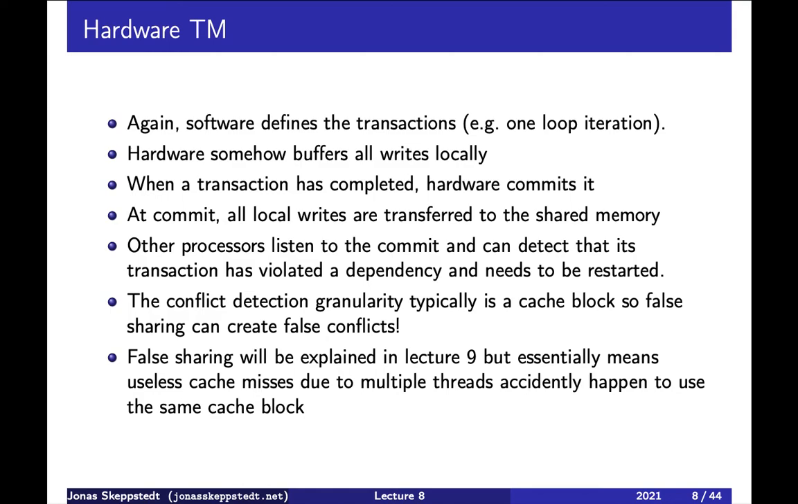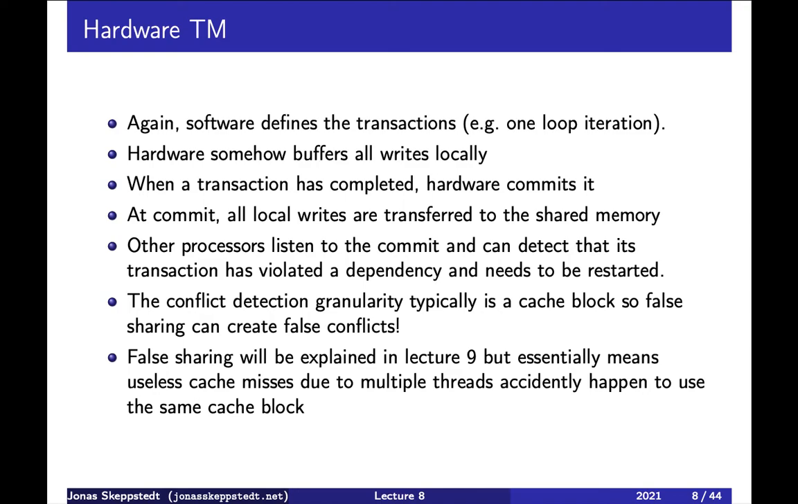So the granularity of checking for conflicts is not one machine word. It's instead a cache block. Recall, a cache block can be 32 or 64 or perhaps 128 bytes. And that means we can be unlucky, namely that one transaction reads or writes one part of this cache block, and another transaction another part of the cache block, and there is really no conflict,